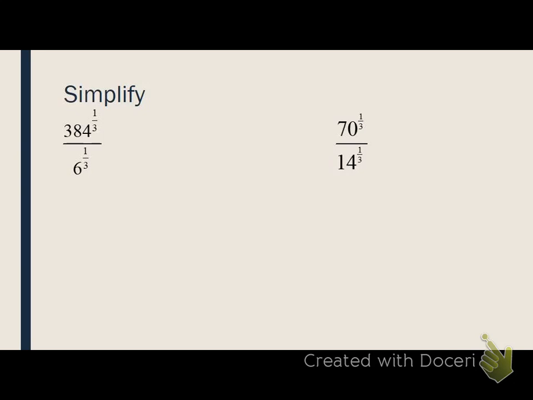Okay, the cube root of 384 to the 1/3 power over 6 to the 1/3 power. Again, the bases are not the same, so we cannot subtract those two exponents. So we rewrite in radical form: cube root of 384 over the cube root of 6. And I do that because now that the index is the same for my radicals, I can actually merge those into one giant fraction